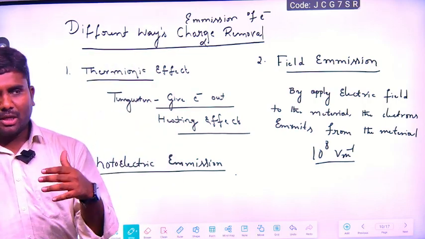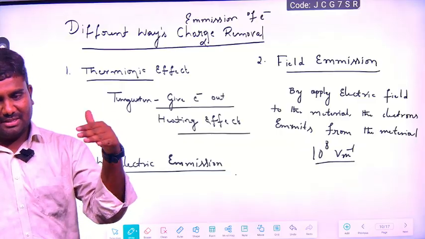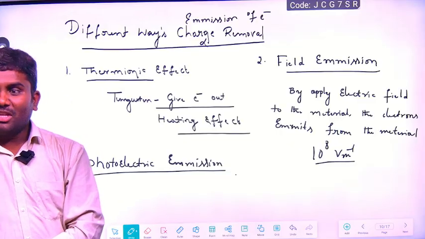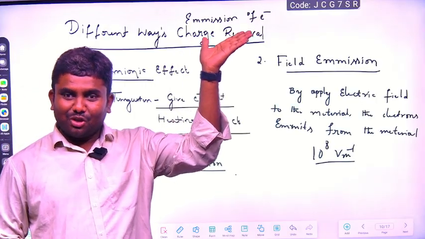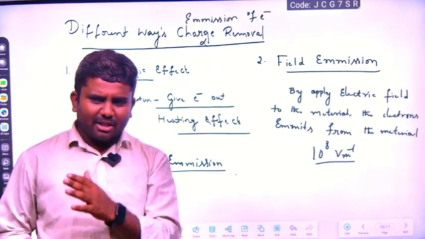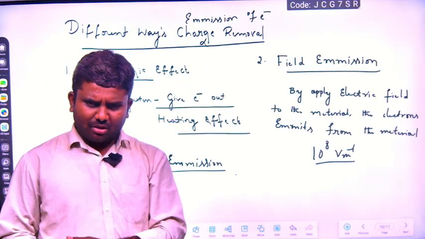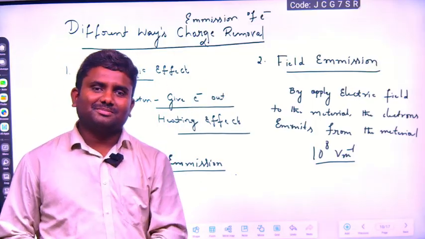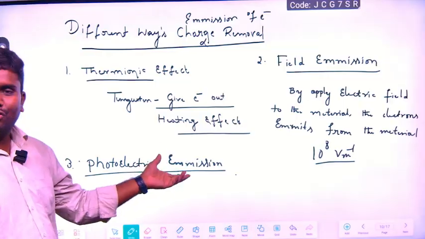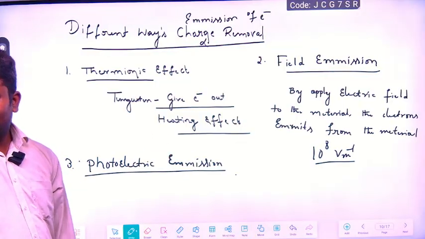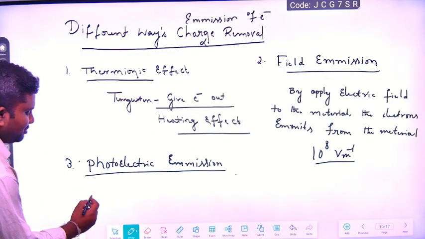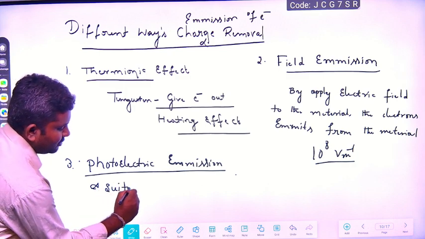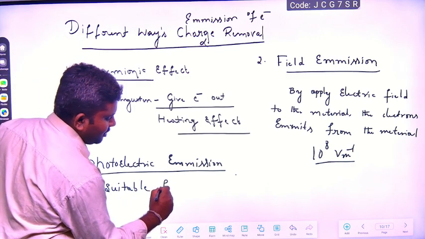For example, X-rays, when they fall on some surfaces, electrons come out. Visible light, also UV rays, on a zinc plate, zinc or cadmium, anything. If the UV light rays fall on it, the electrons come out. This is what we call photoelectric emission. Understood? So photoelectric emission means a suitable frequency of light ray